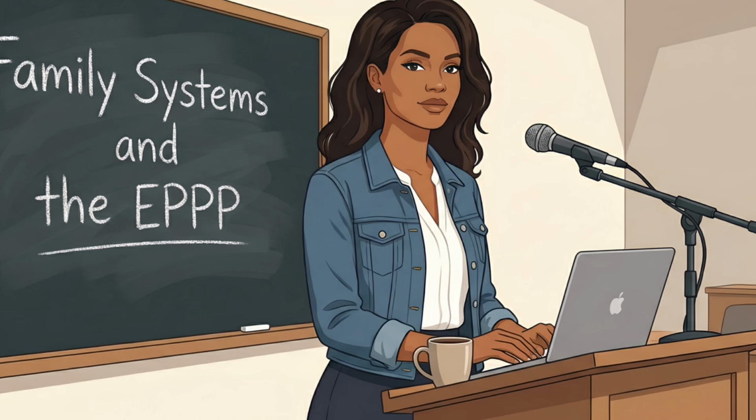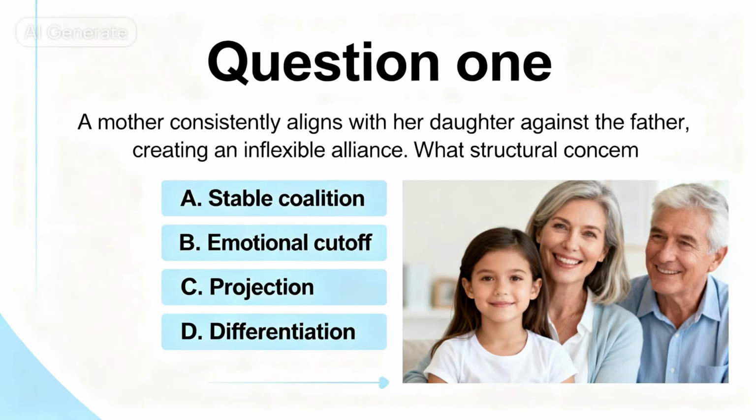Now, let's move on to our application questions. Question 1. A mother consistently aligns with her daughter against the father, creating an inflexible alliance. What structural concept is this? A. Stable coalition. B. Emotional cutoff. C. Projection. D. Differentiation. Correct answer: